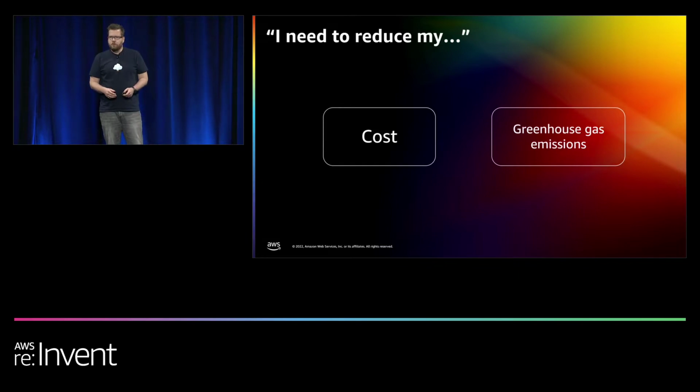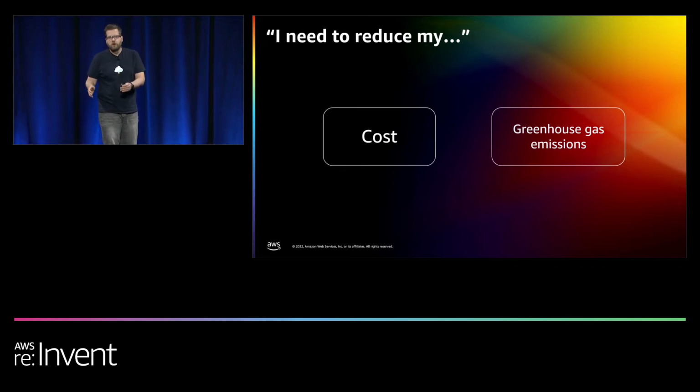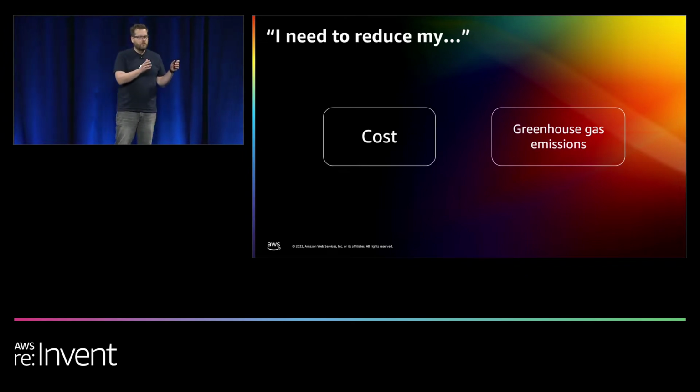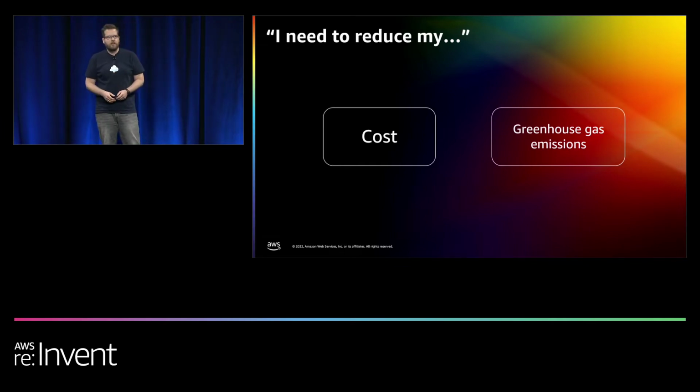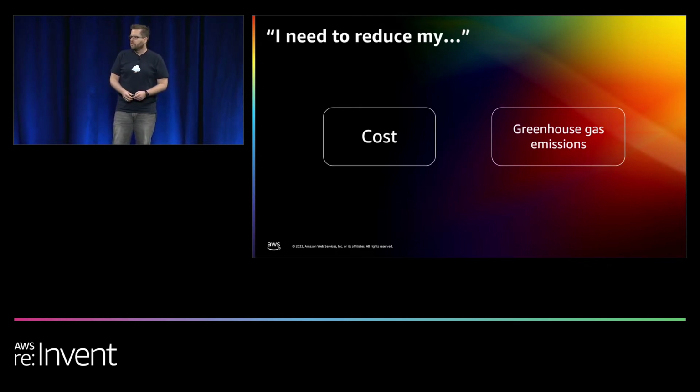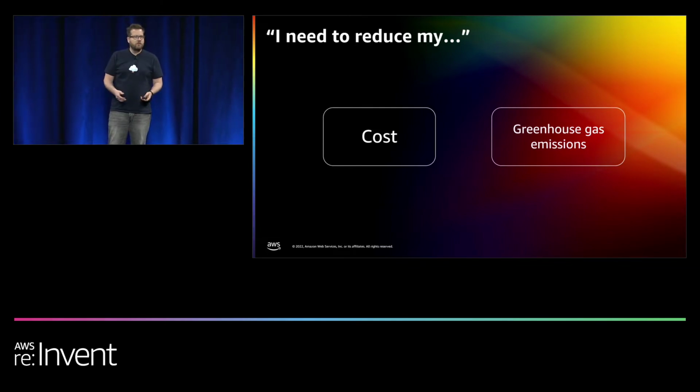Every journey starts with a goal, and a common goal is that customers want to optimize for cost, or that customers want to optimize for greenhouse gas emissions. And cost often relates to AWS spend, and the emissions relate to greenhouse gas emissions as defined by the Greenhouse Gas Protocol, in which customers are reporting their emissions in different scopes,